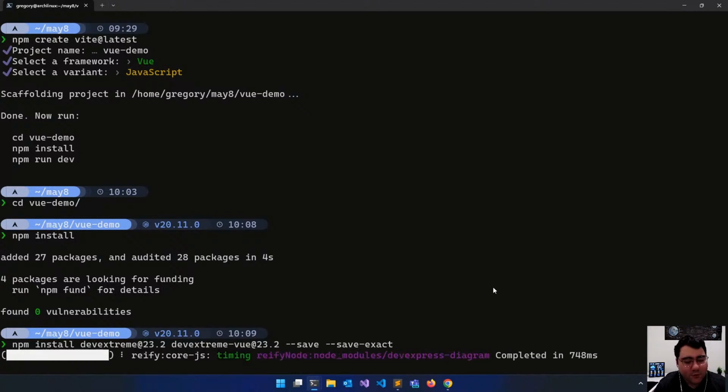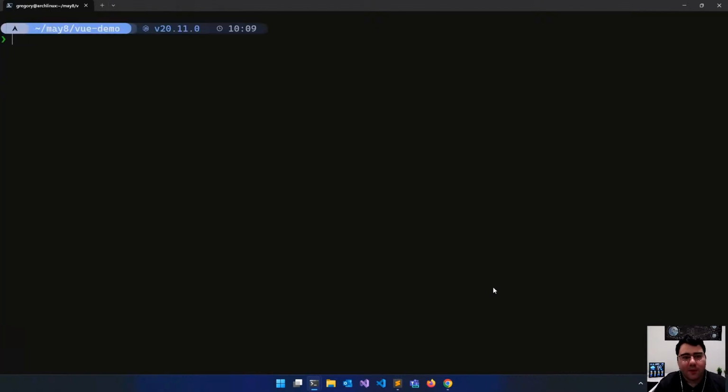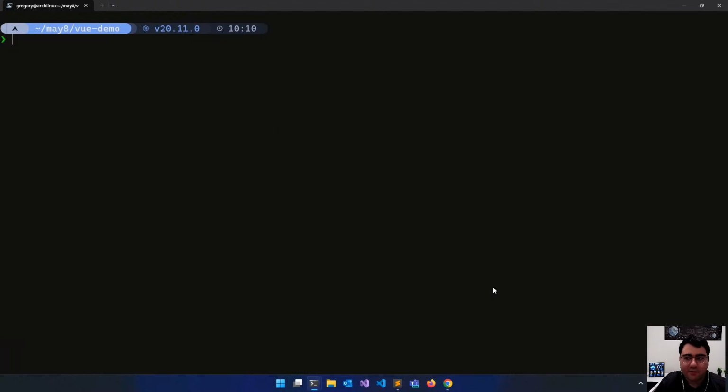And also, since Vue is a SPA framework, we're going to need to install the Vue router. So I'm going to say npm install vue-router, and this is going to install the fourth version, so v4 of the Vue router. And that's about it. So to get started, I'll go and clear the screen there,